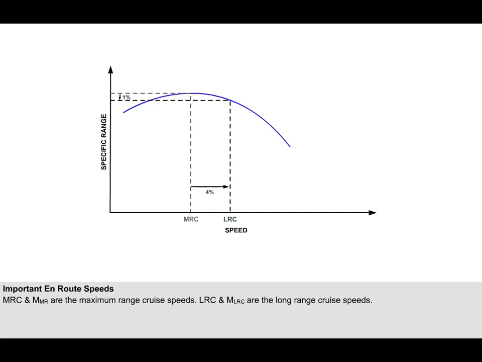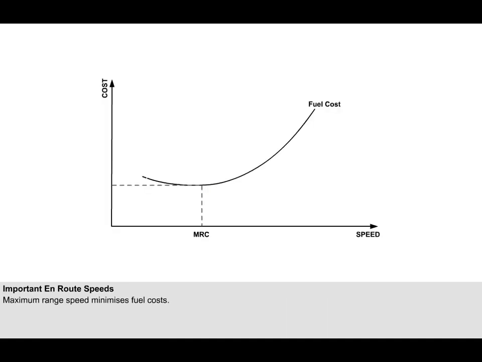These two speeds are the Maximum Range Cruise Speed, MRC, and Long Range Cruise Speed, LRC. When these speeds are referenced in terms of a Mach number, the abbreviation is changed to MMR and MLRC, respectively. As you can see from the graph plotting cost and speed, the advantage of flying at the maximum range speed